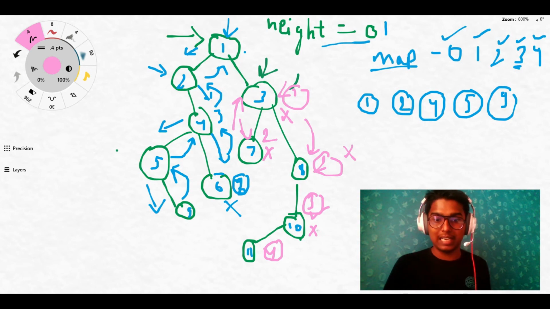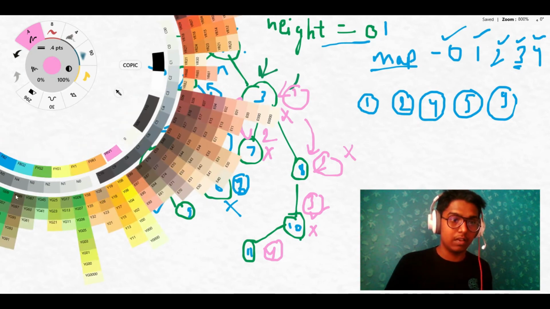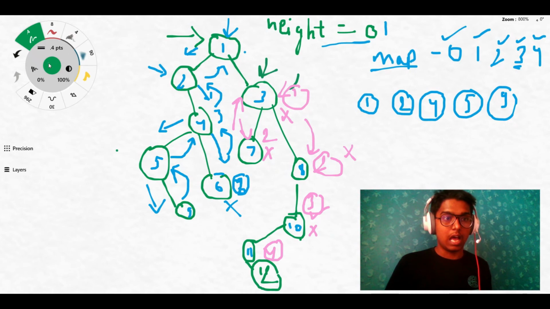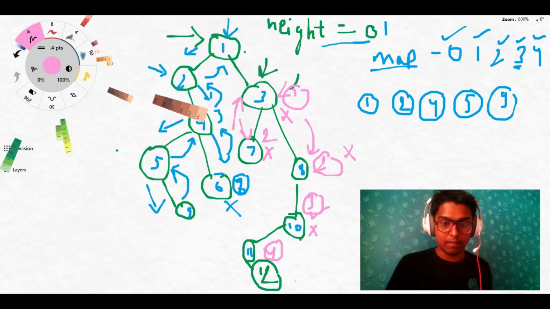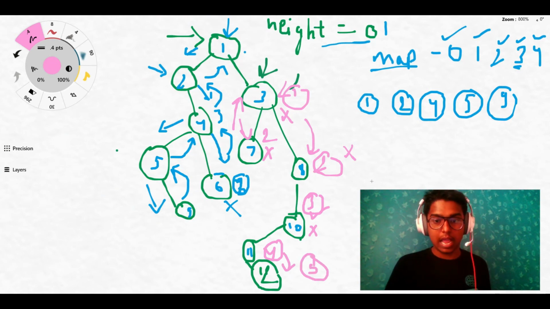But if I was given a value like 12 here, then after going to this node, I will have 5 as my height of the tree, and I will see that the map does not have the value 5. So I will mark 5 in the map, and I will print 12.